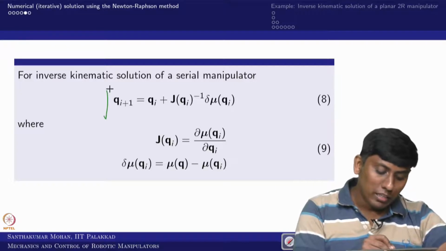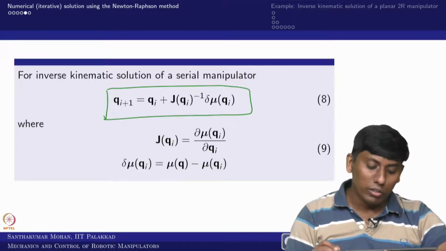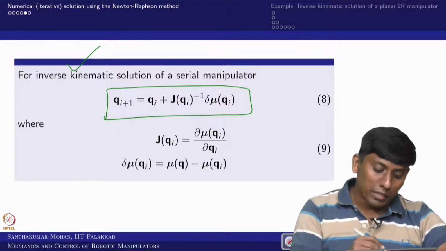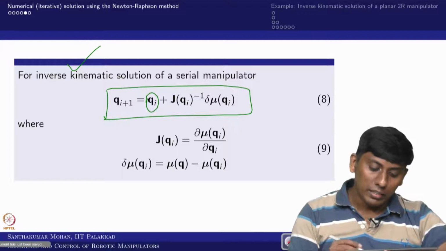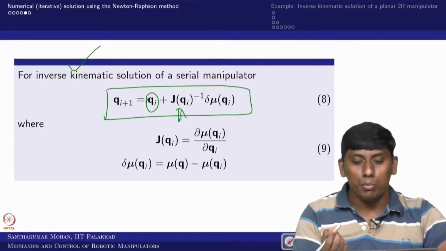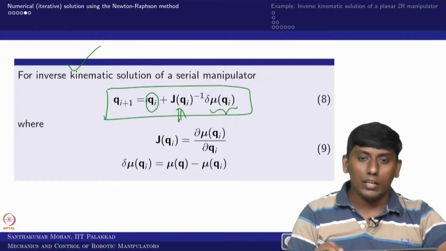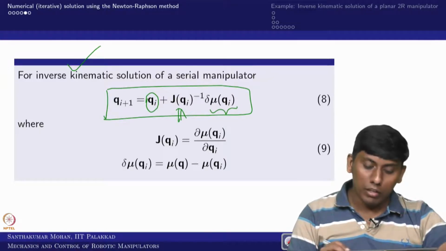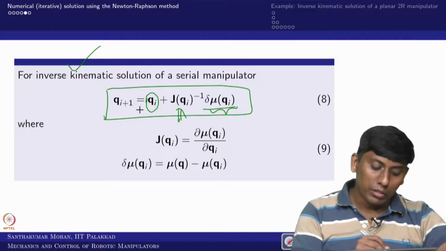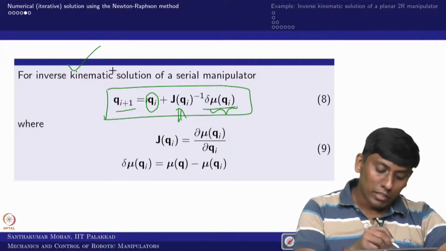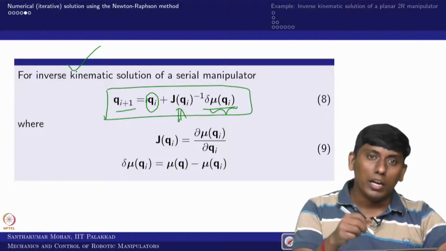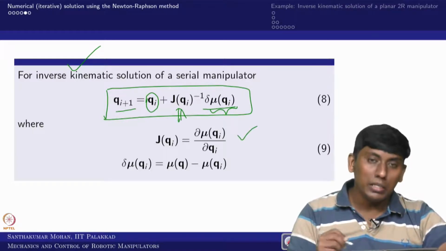So now you can see that if the forward kinematic solution is available, we can find the inverse kinematics in an iterative manner, where q i is the initial guess, okay, and J of q i is the Jacobian matrix based on the initial guess, and this is mu actual minus your function of q. So this delta mu is obtained, and once you get it, you will get q i plus 1. Then in the next iteration, that i plus 1 becomes i and i plus 1 would be the new value. Like that you can go iteratively and that would be obtainable.